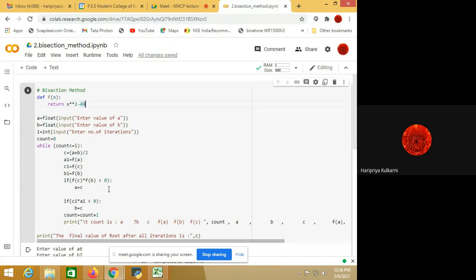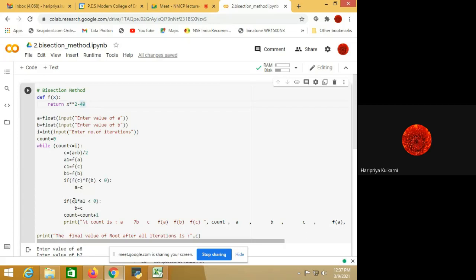So for the first condition, if this condition is met, meaning the condition is met with b and c, then a is of no use. So I am overwriting a with c for the next iteration. Whereas if this condition is not satisfied, then we will check if a and c are valid. Either a and c will be valid or b and c will be valid. Here we have checked b and c. Now we'll check a and c.